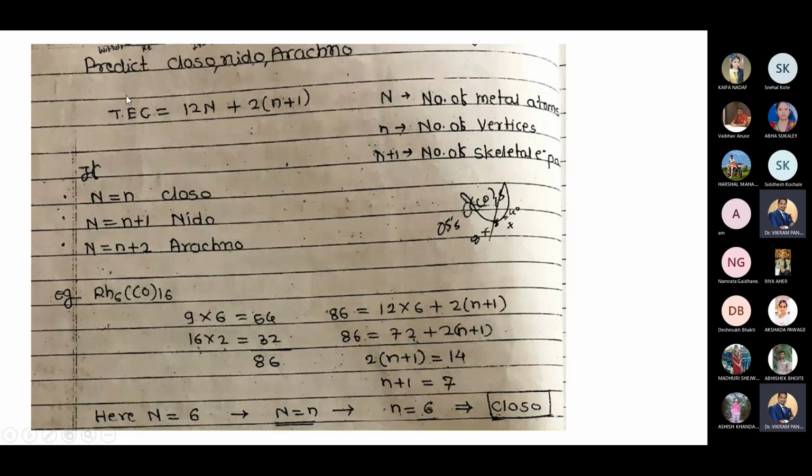Now, what type of questions are they asking in the question paper? Predict the given structure, whether it is closo, nido, or arachno. And they will directly give you the formula Rh6(CO)16. The first problem is that people from organic or analytical chemistry don't remember the atomic number of rhodium. So how to remember this? It has a location in the periodic table after certain elements.